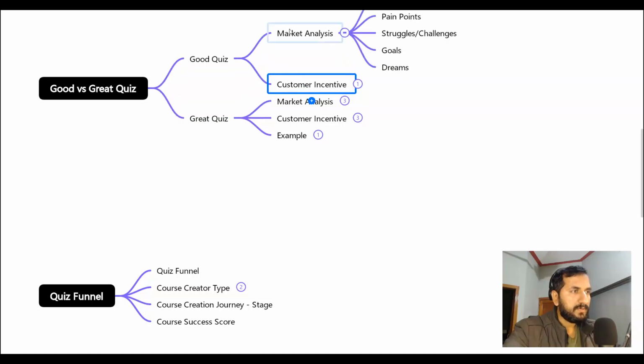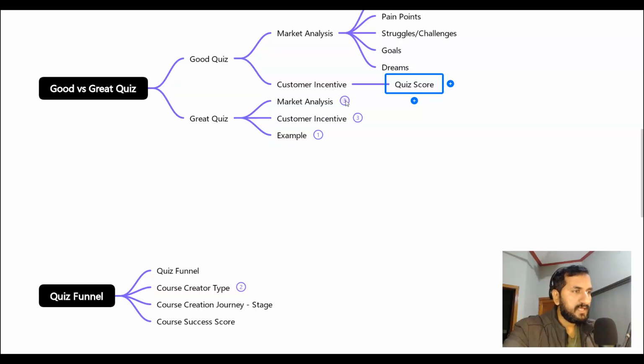And if we talk about the marketing analysis part, we have these things happening for us, and then for the customer we have the quiz score that we offer them as an incentive. Now this is a good funnel, and yes, it can work, but we have to talk about the great quiz funnel as well, in which we have the marketing analysis part, and then we have the customer incentive part, but